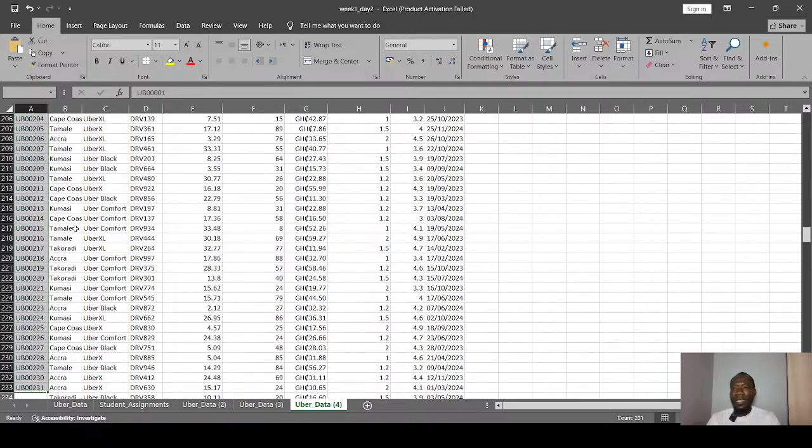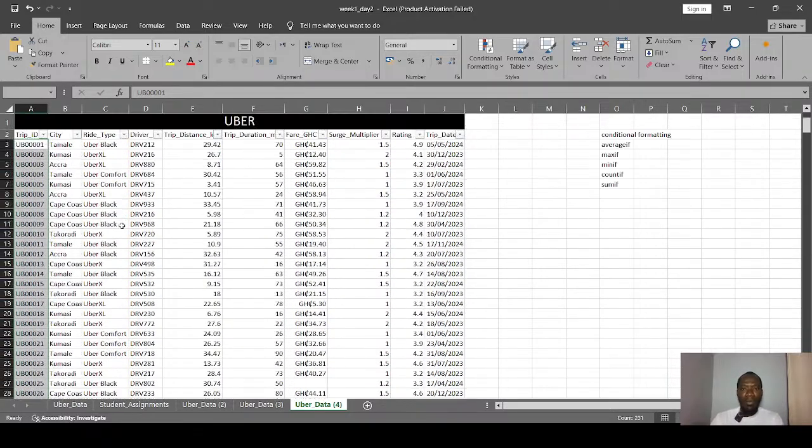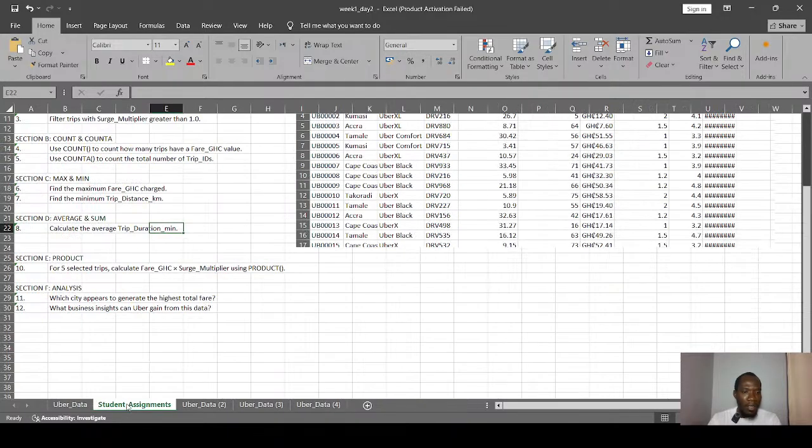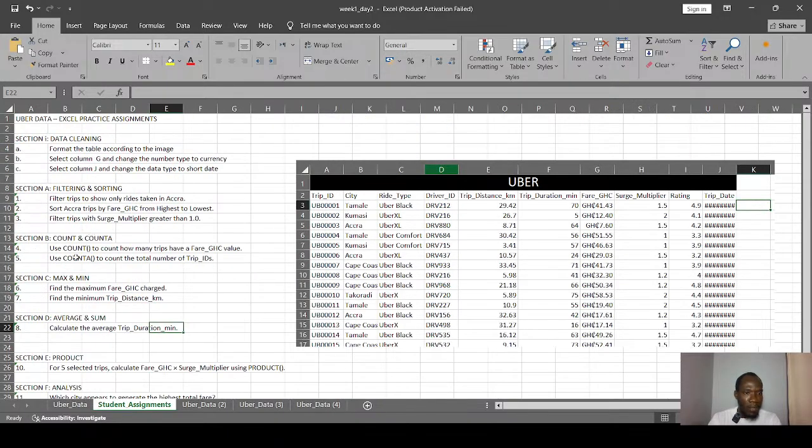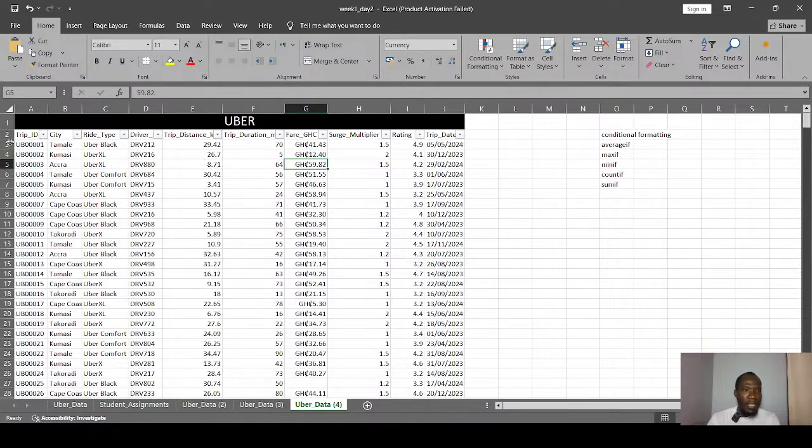When we were asked to count data like this, I think one of the questions asked us to use count all to count the total number of trip IDs, like I did here.